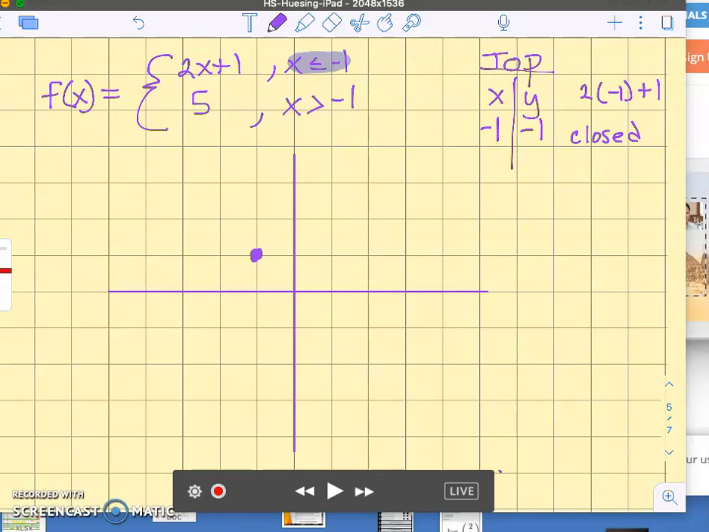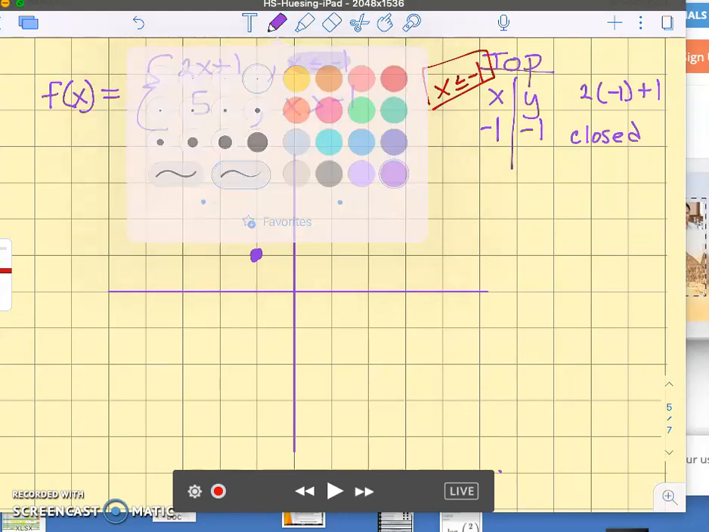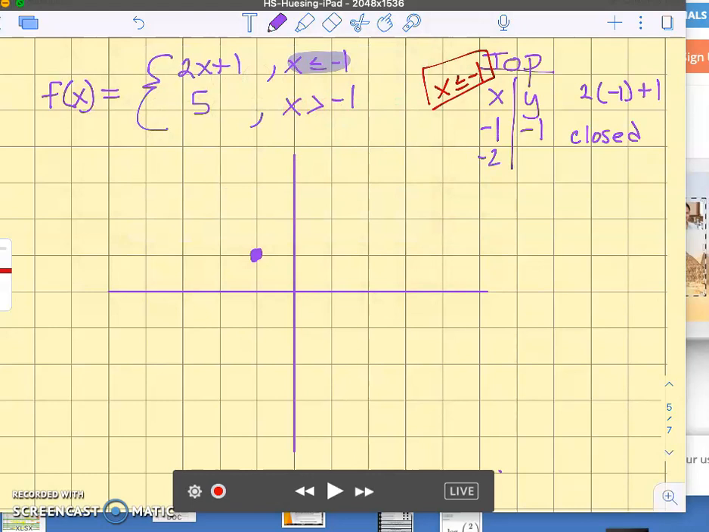Now there's two different ways we can look at this. We know 2x plus 1 is a line, and we need 2 points for a line. So I need another point that fits in that domain. And again, our domain is x has to be less than or equal to negative 1 here. So what's a number that's less than negative 1? Negative 2. If I plug that in, negative 2 times negative 2 plus 1, so negative 4 plus 1 is negative 3. So I could go negative 2